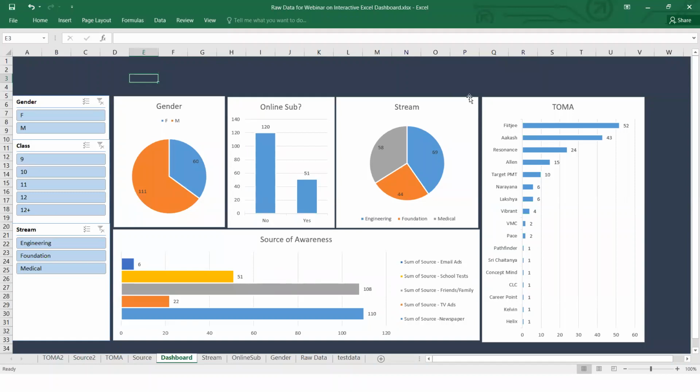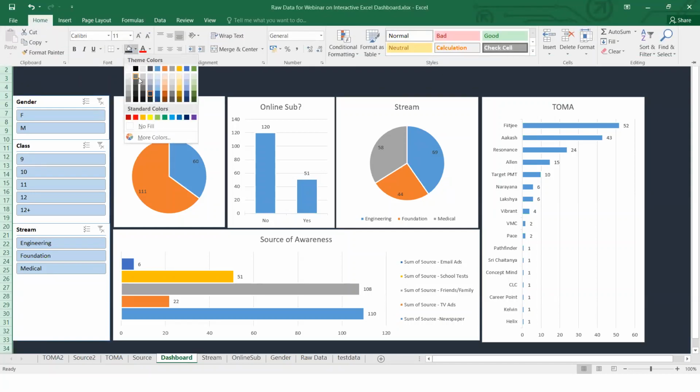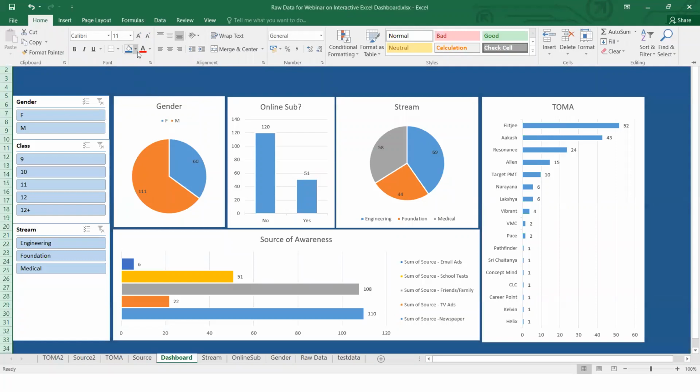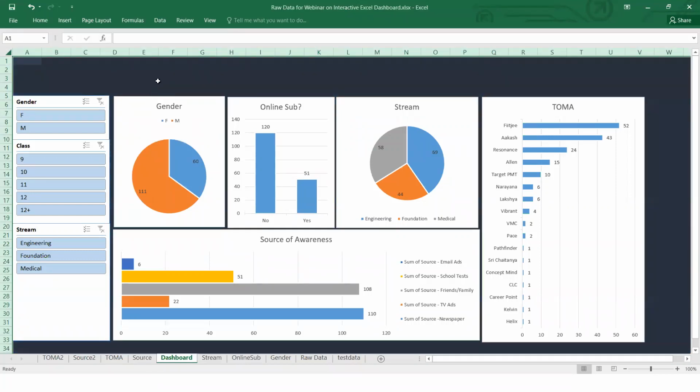One second. Did you change the background of the sheet before creating this? Yeah, so I changed the background by just selecting this overall sheet by pressing this button, which is a triangle kind of thing. I went to home. I changed the color to, like, I can give any color to the dashboard. Like I prefer giving this color, so I give this.